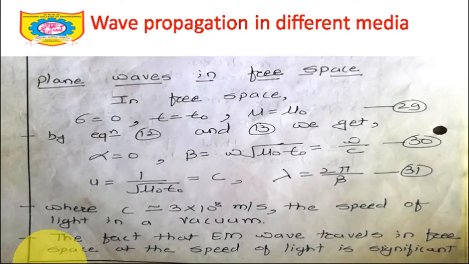The next case we will discuss is plane waves in the free space. For the free space, once again sigma equal to 0, alpha equal to 0. What about beta? Beta is equal to omega under root mu 0 mu r epsilon 0 epsilon r. Since mu r and epsilon r are equal to 1, we get beta as omega under root mu 0 epsilon 0, or omega upon c. Once again, what is c? c is the velocity of light in free space. Earlier it was v or u; now I have replaced this with c, and this u or c or v can be represented as 1 upon root of mu 0 epsilon 0.